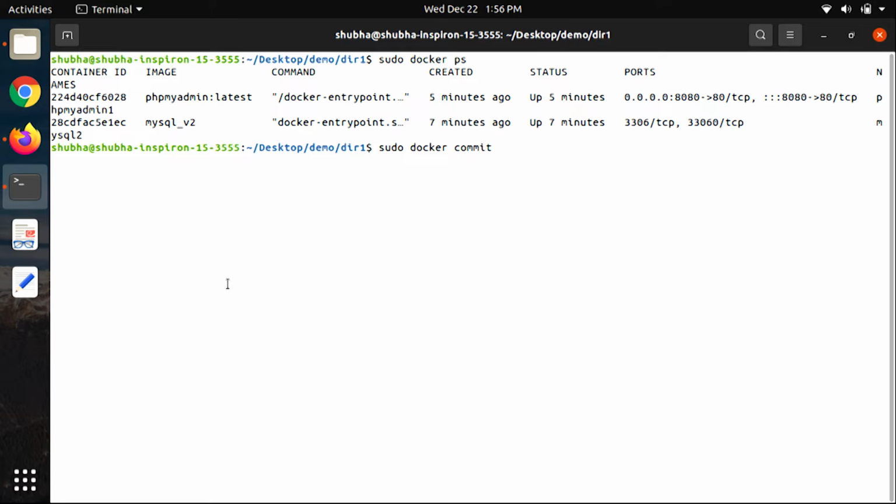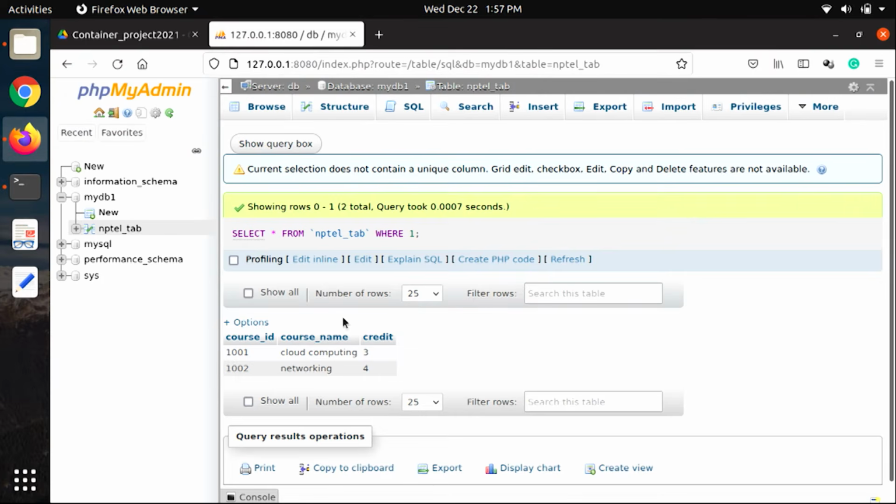This command, and this is the container ID, and let me give a new name. Yes, so this will basically save a new image with this name MySQL underscore v3, and it is basically saving the current container state with this new database, new table, those things will be there.